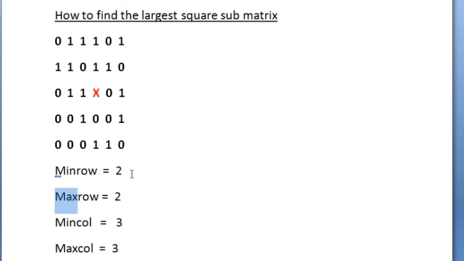So first is min row, so we will be decrementing, and here this row is maximum, so we will increment its value by 1. And here minimum column, so we will be decrementing, and here maximum column, since it is maximum we will increment its value. So now when we iterate from this min row to max row and from min col to this max col, we will be traversing through this matrix.